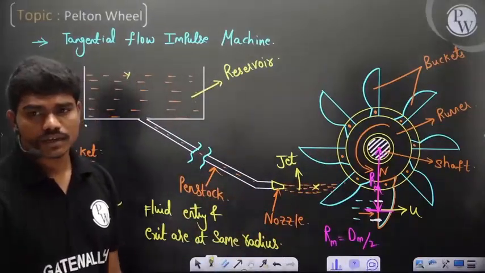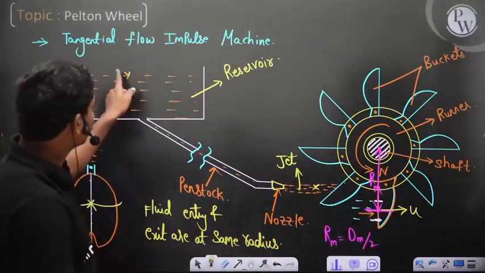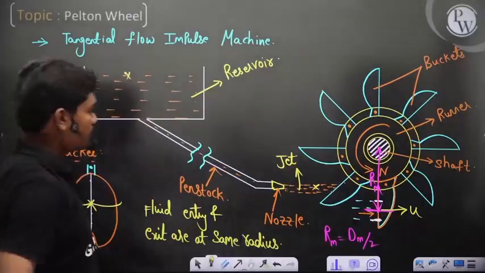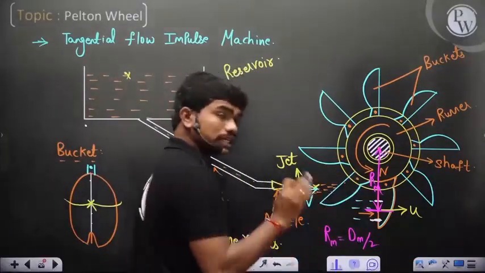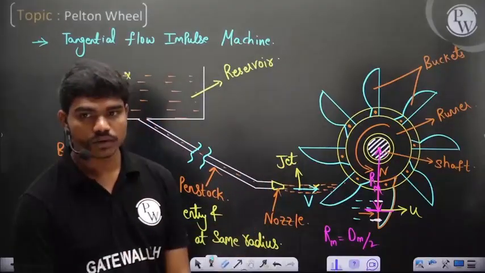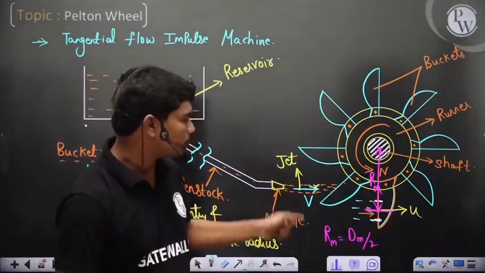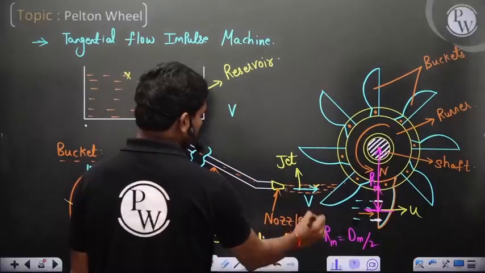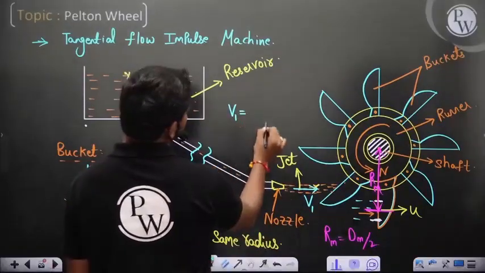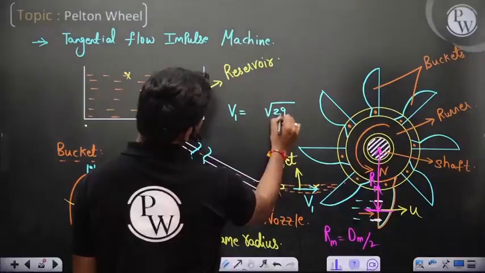So if you apply Bernoulli's equation, the velocity at which it comes up, v, that's the prime source of energy conversion. So for this velocity to be high, v is in general v1, whatever we call, this is root 2gh